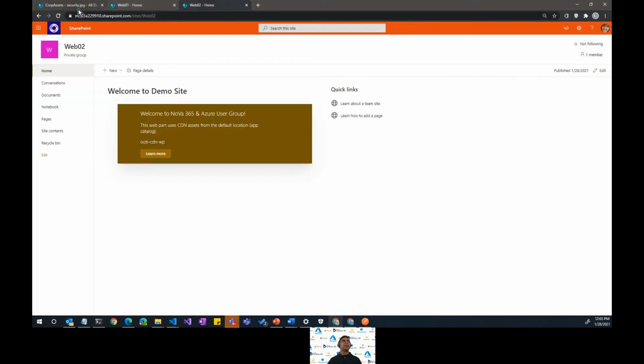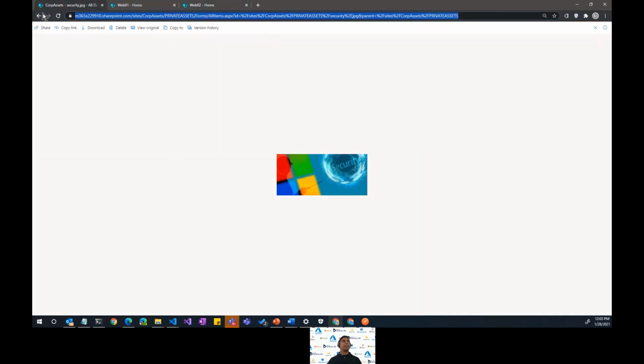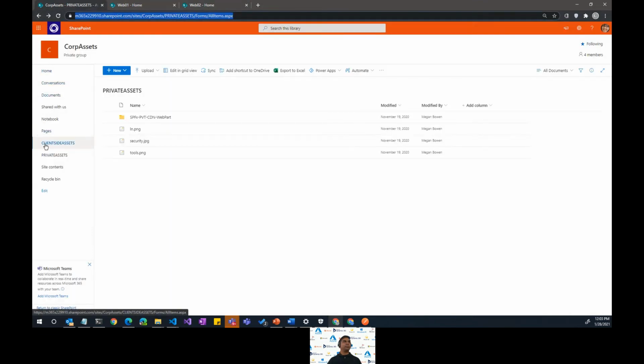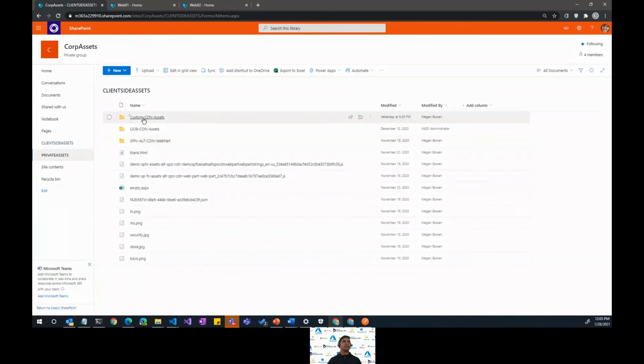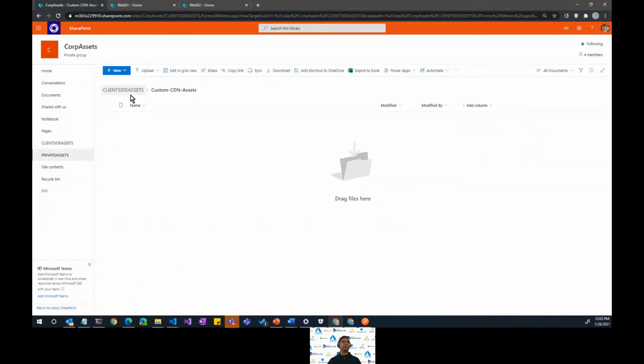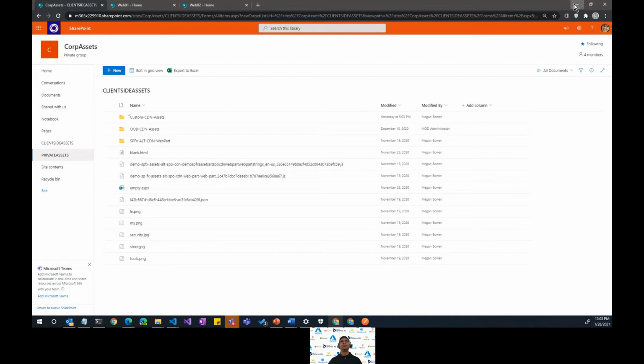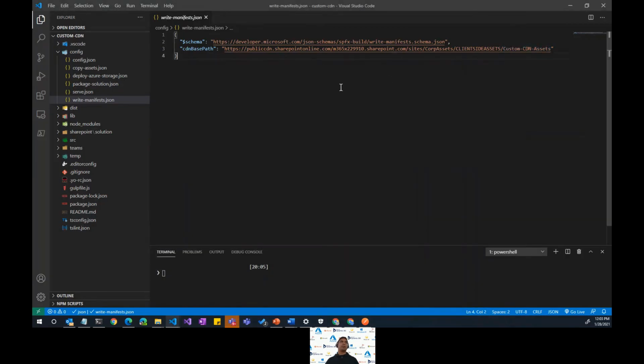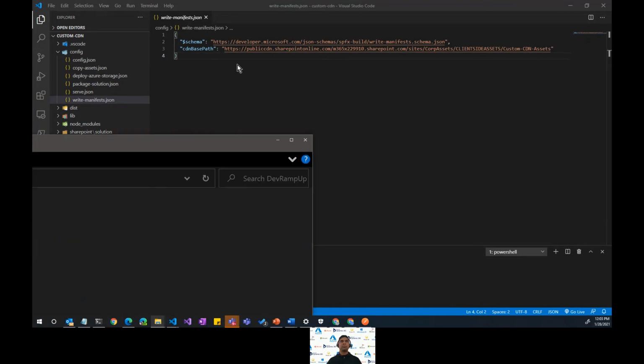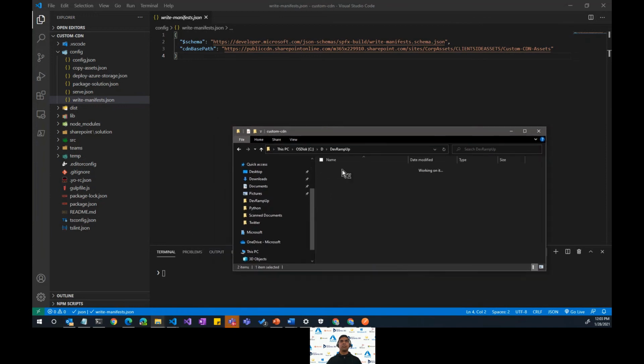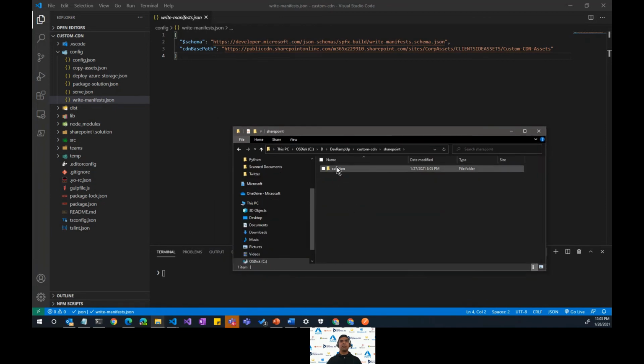Let's see. Within client-side assets, there's a custom CDN assets folder. That's where I would like all the assets corresponding to this project to be stored. Now let's go ahead and see the project. This is a custom CDN SharePoint solution.